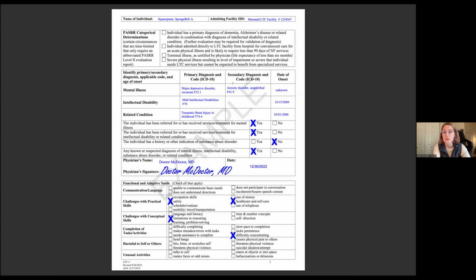On the second page, you're going to list any of those possible PASSR concerns. So, like I said, it's going to be a mental illness, an intellectual disability, or a related condition. That's what we're looking for with the PASSR. In this example, the person has depression and anxiety under mental illness. They have a mild intellectual disability, and they also have a related condition, a TBI in childhood. Related condition isn't